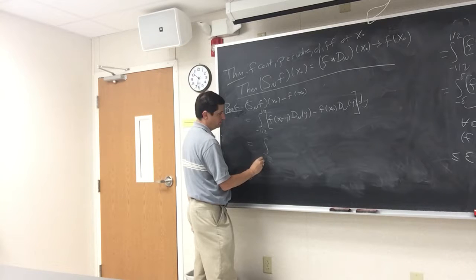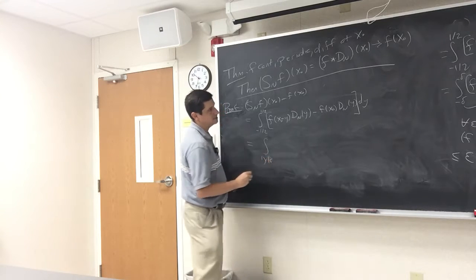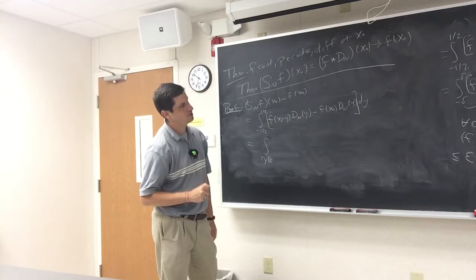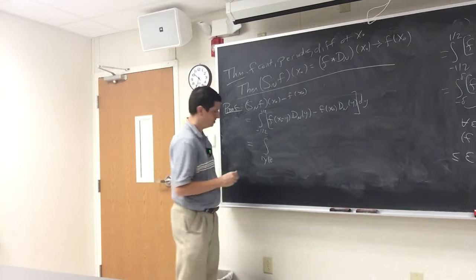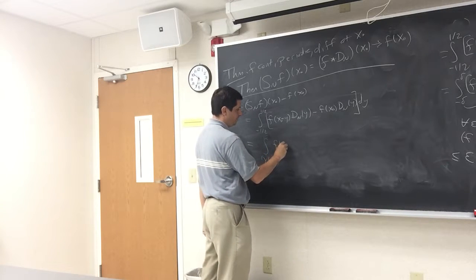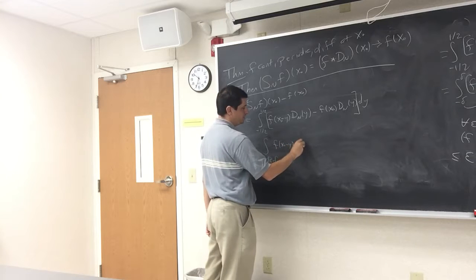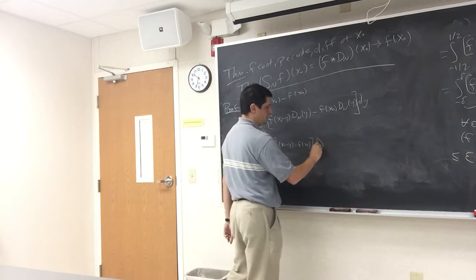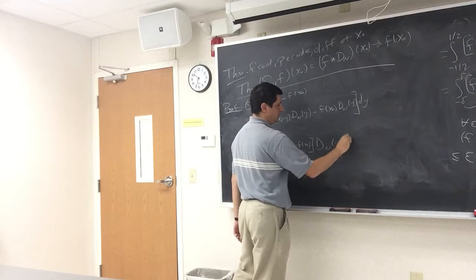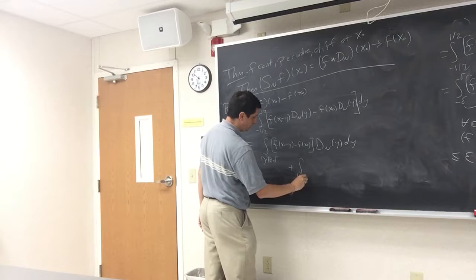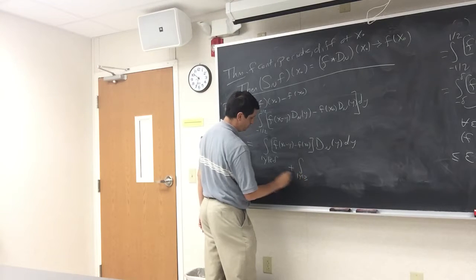We'll do absolute value of y is less than, I just realized I was writing absolute value of x greater than delta, it should be absolute value of y greater than delta. Absolute value of y less than delta, f of x naught minus y minus f of x naught D_N of y dy, plus the integral absolute value of y greater than or equal to delta